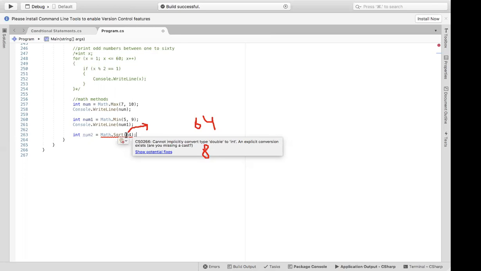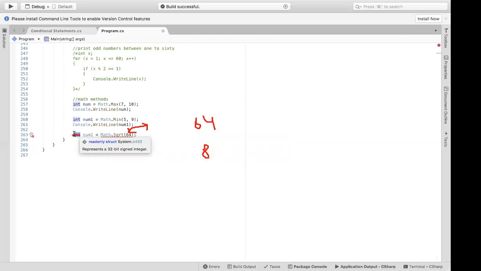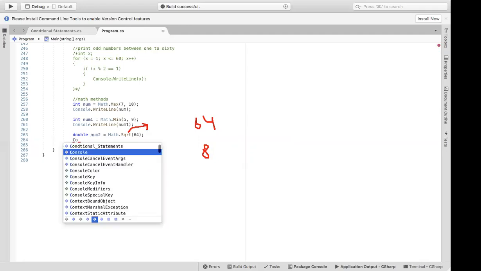If we find the square root of this number, the result can be a double, a decimal point number. So we will store it inside a double, so make this integer a double. You can see the error is gone. Now print the result, print num2.